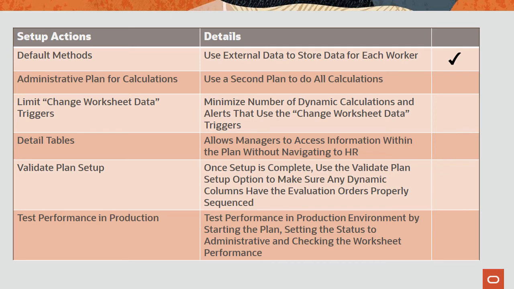Using an administrative plan for calculations. I can use a second plan to do all the calculations and return the results to the plan for managers using the cross-referencing defaulting method. Limiting the number of dynamic calculations and alerts that use the Change Worksheet data trigger, as this is a major impact on worksheet performance. Enabling detail tables so that managers can access information within the plan without navigating to HR